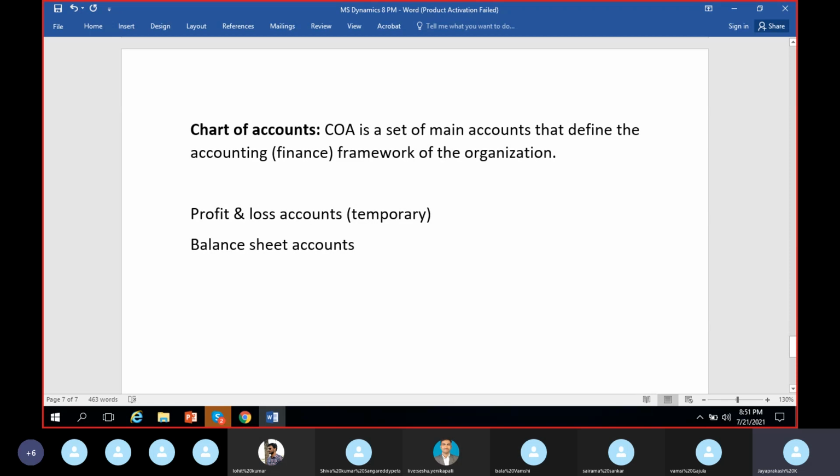So under profit and loss accounts, I can keep points. I have expenses, I have revenues, and I have other P&L accounts if there are any. I'll just say other profit and loss accounts. Other than expenses and revenues, there are certain accounts that get debits and credits usually, or some intermediary accounts. I'll call them other P&L accounts. So these will fall under